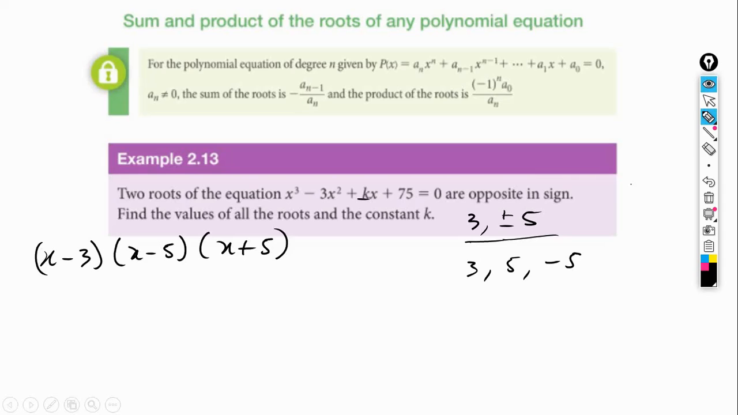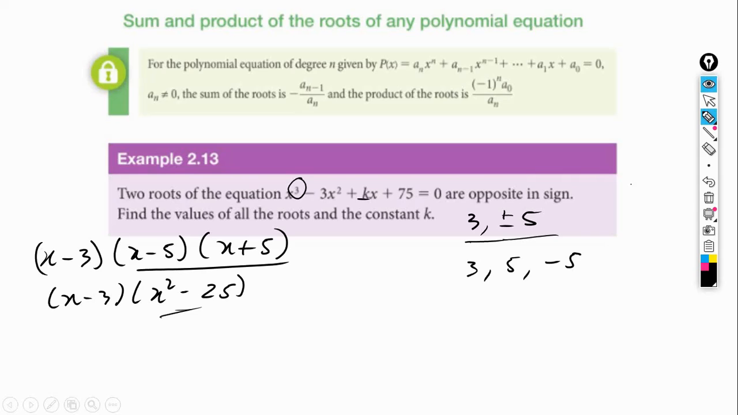And since we know that this is a degree 3 polynomial, there are no more roots to find. So if we multiply and expand this, we should be getting the original polynomial. Notice that this is the same as saying x minus 3 times x squared minus 25, because this is a difference of squares here. And then notice that we can say here that this is going to equal, if you multiply and expand everything,